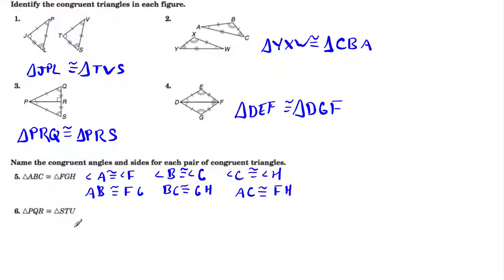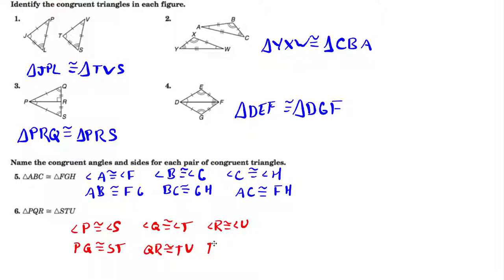PQR and STU. So I have angle P is congruent to angle S. Angle Q is congruent to angle T. And angle R is congruent to angle U. P and Q are the first letters, as are S and T. So I have, whoops, not an angle. I can have PQ is congruent to ST. QR is congruent to TU. And PR